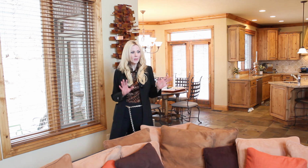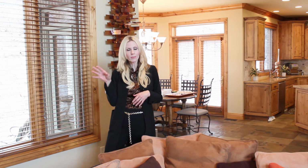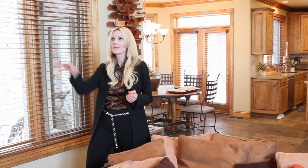And so what we wanted to do in this room was to eliminate any distractions from the flow that we're trying to create. And what they had over the fireplace, although it was beautiful, it was a Parisian painting, did not go with the modern contemporary feel in here. It was very old world, very French country. So we wanted to eliminate that, so we replaced it with a very contemporary original piece of artwork up here,